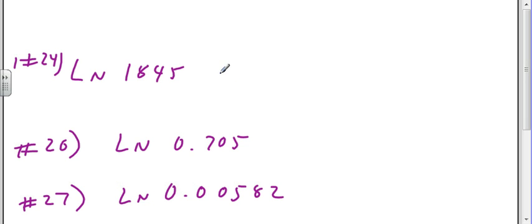Okay, well, and again, we're just putting them in our calculator. There's no way we can get these other than doing it in our calculator, so that's what we're going to do. 1/845, 7.52,